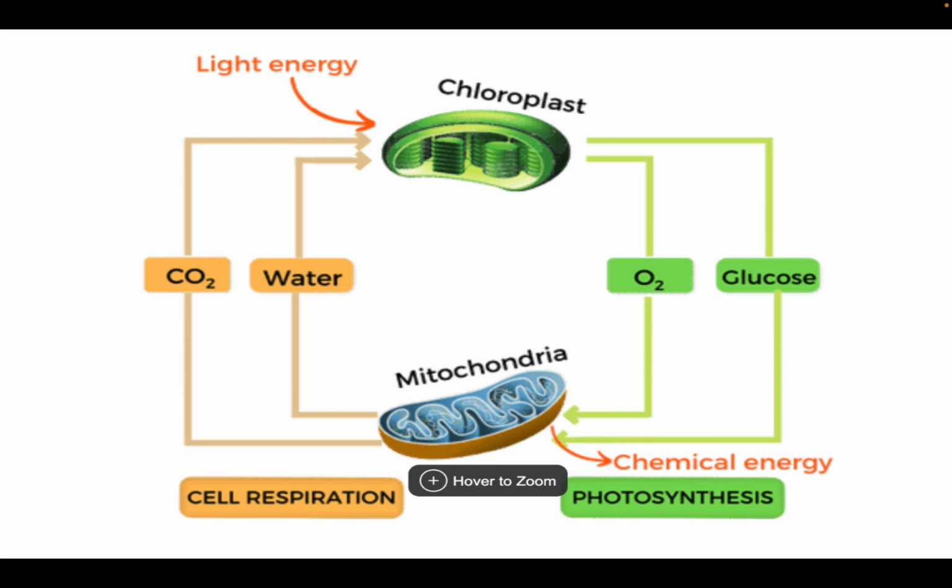So are they self-sufficient, or do they need us as much as we need them? If you remember, plants have both a chloroplast and a mitochondria, so they do both processes. Plants can survive without us just fine because they produce in their mitochondria water and CO2, and in their chloroplasts, they produce oxygen and glucose. So plants can be self-sufficient as long as they have a water source, right? As long as it's raining, and as long as there's an atmosphere to pull from, they can do just fine